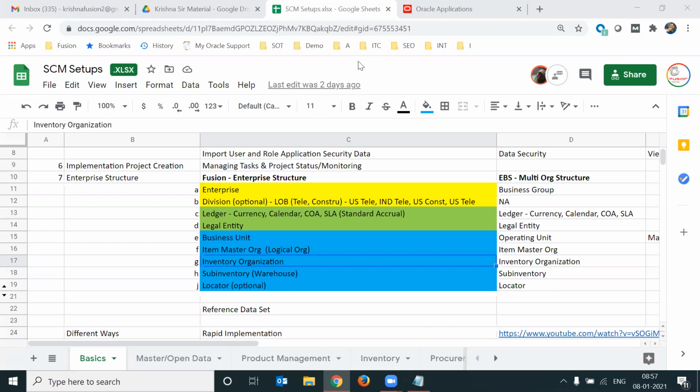The difference between inventory organization and business unit. Inventory organization and site are the same thing. Business unit, there is a difference, of course. The business unit is holding the different sites. So to make you understand in your own way: you have a site manager, right? Yes. The site manager is nothing but an inventory manager, correct? Yes. And the site manager has a head office. Where is that head office located? Bangalore. That head office is nothing but a business unit.